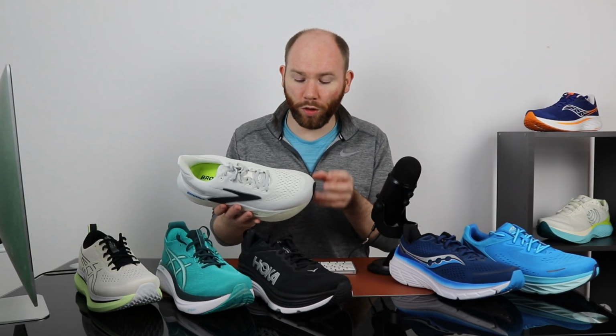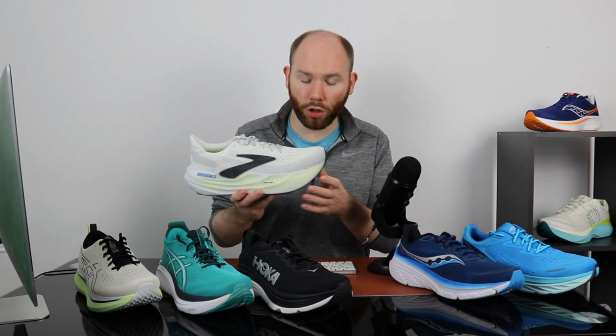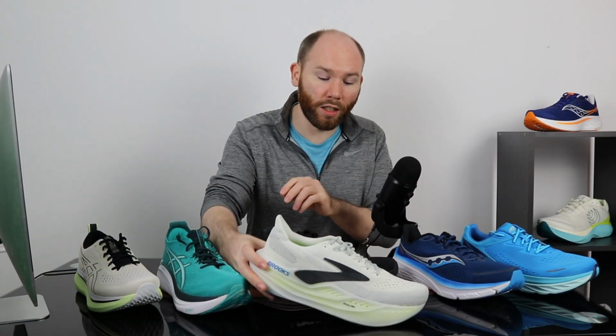If you don't have a broader foot, this is an excellent option because of its low drop, has minimal to no toe spring, and has one of the most aggressive forefoot rockers on the market. So you can see you've got minimal rocker here, so it stays nice and flat, and then suddenly towards the forefoot it really curves upward, and that really facilitates a nice push off phase with a minimal extension through your